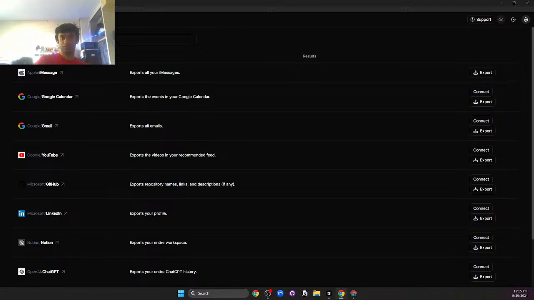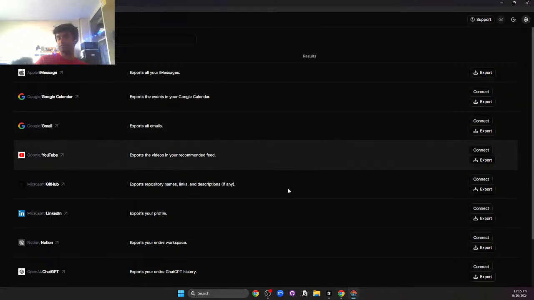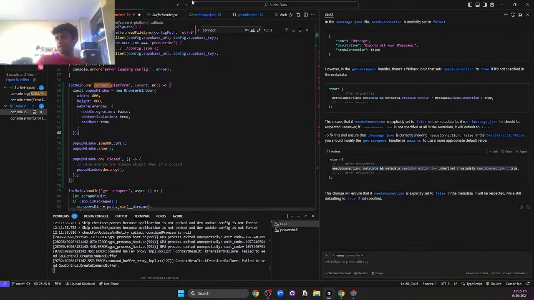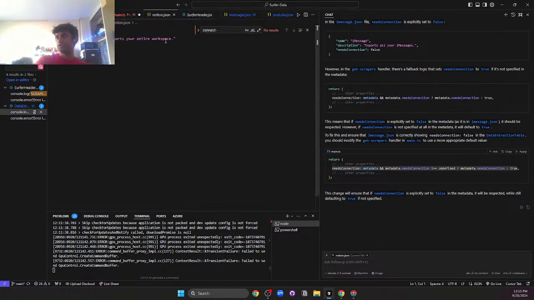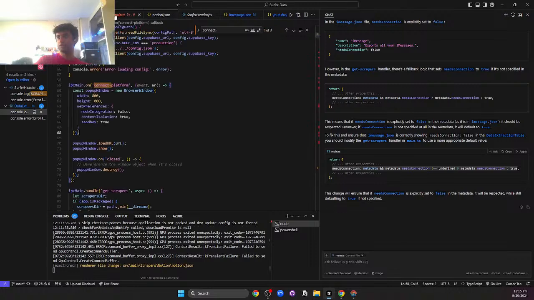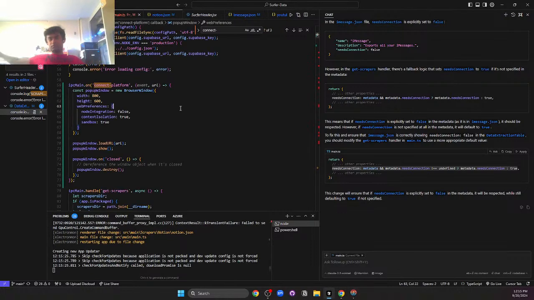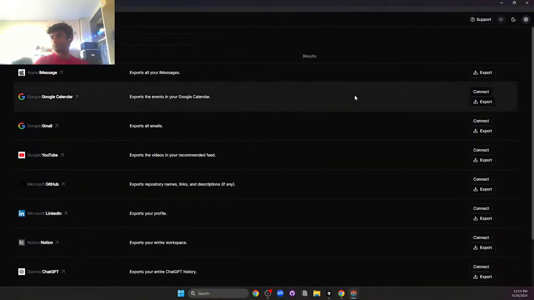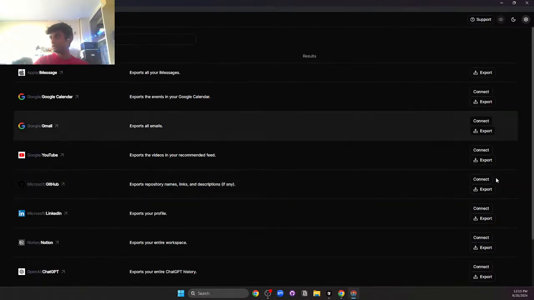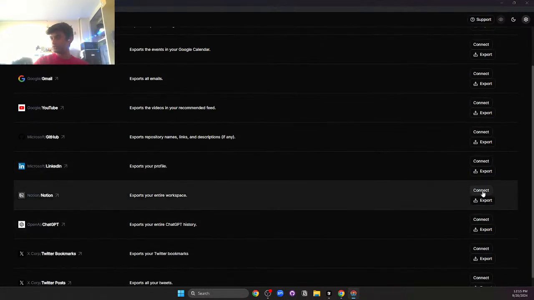But the connect URL is different for everything. For Notion, for example, it's slash login. So if I go to notion.json, actually, I'm going to play around with this, but the connect URL would be notion.so. And if we go to Notion,